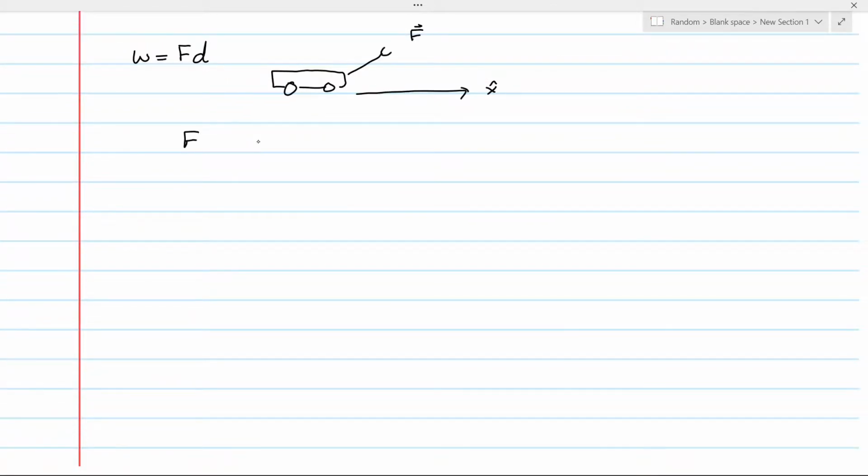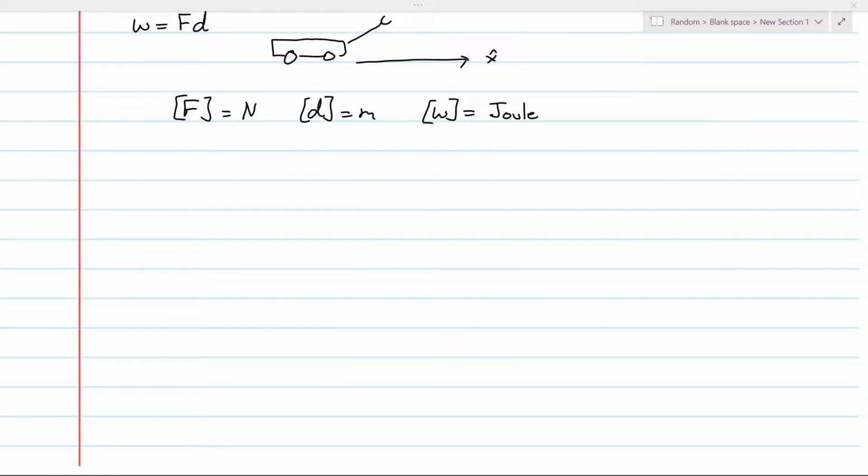The unit of force is the Newton, distance in meters, the unit of work is the joule. Now, this equation assumes that force is constant,